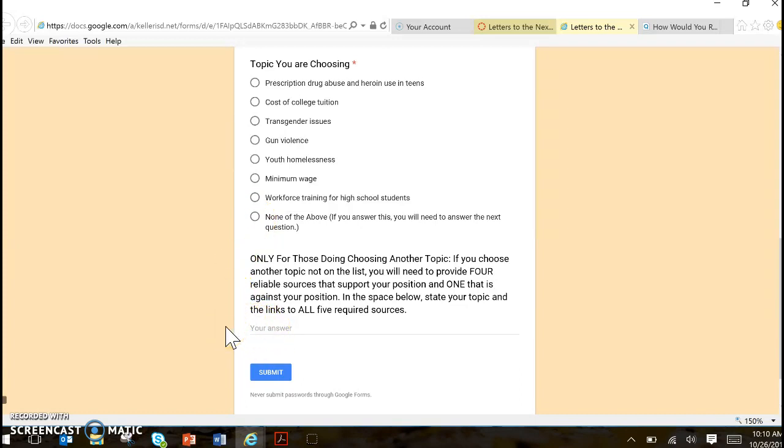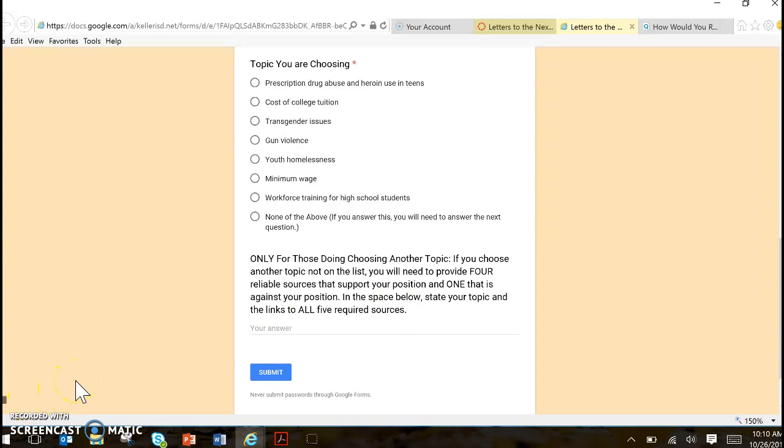And now here's the trick though. If you're choosing your own topic, you have to be the one to find 4 reliable sources, and then 1 that goes against your position. So you've got to find 5 sources total, and you're going to have to give me the links to those. I'm okay with you choosing your own topic. I just want to make sure that you're aware of what you need to do.